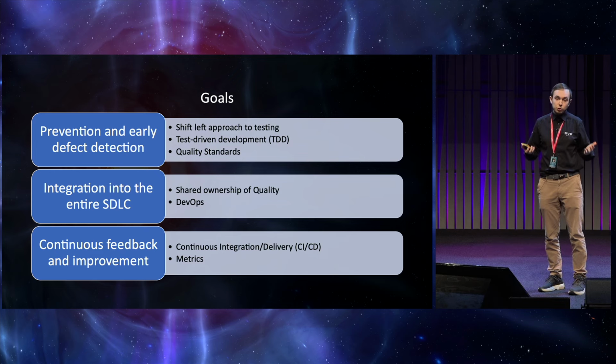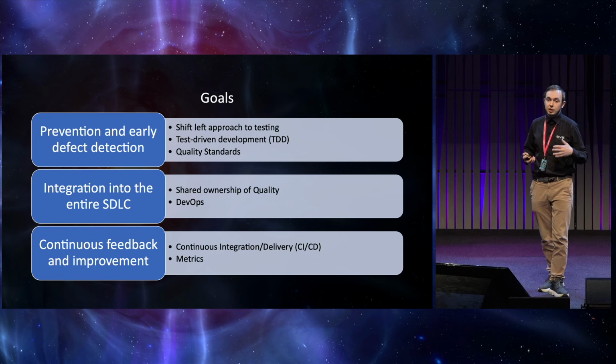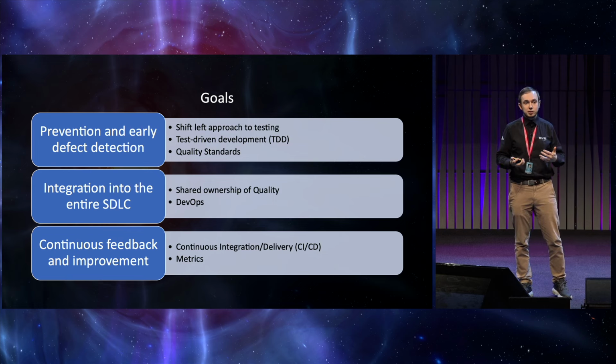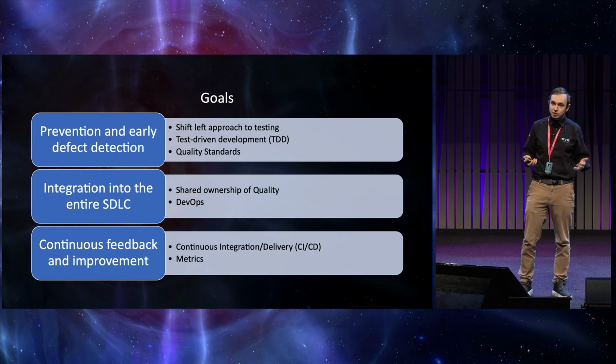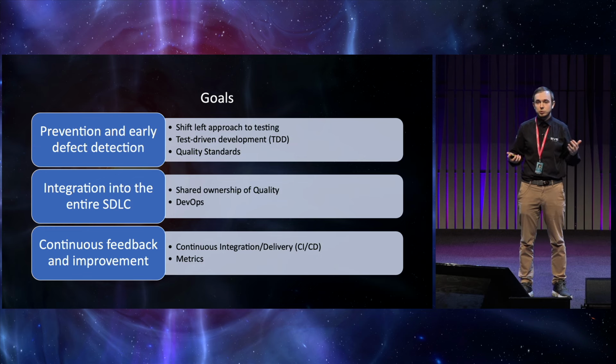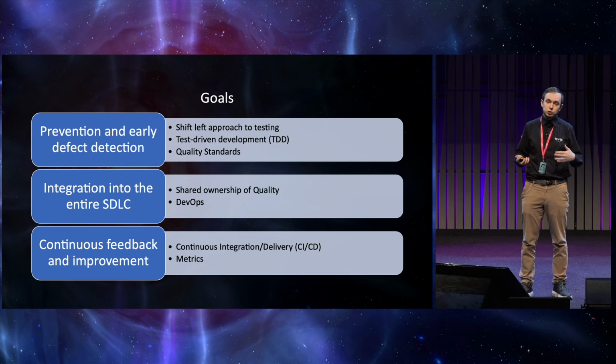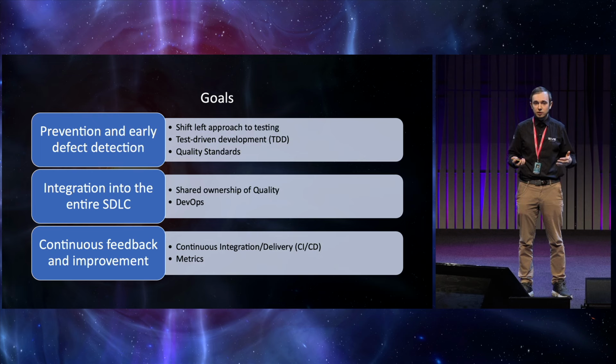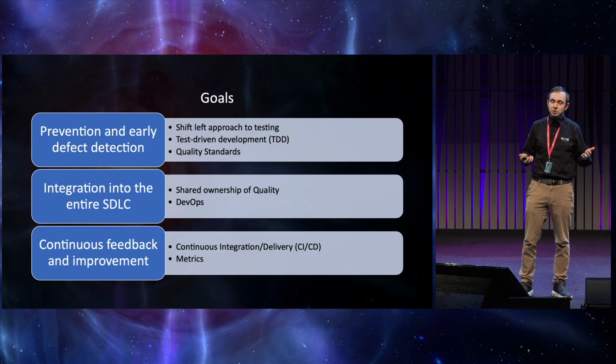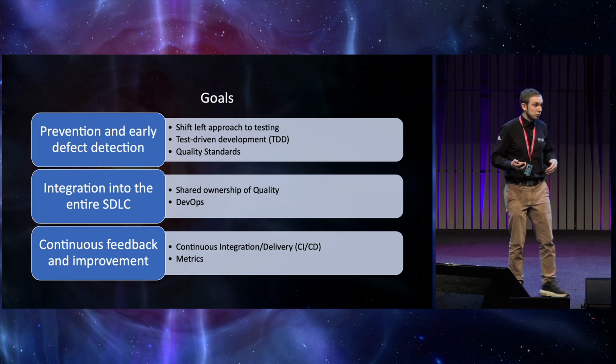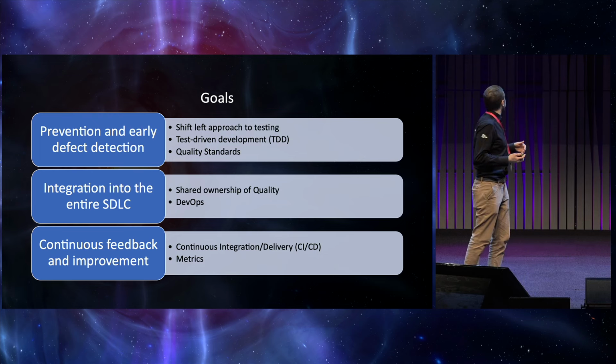And this is the cornerstone of quality engineering, because as quality engineers, we constantly seek to improve our processes, refine our practices, and adopt new technologies in order to ensure that the development process evolves in alignment with best practices. In order to receive continuous feedback, we build continuous integration and continuous delivery pipelines that continuously build our code, run automated tests, and deliver it to our test and live environments.